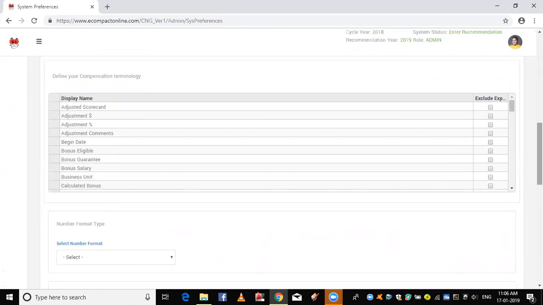We can simply go and define the name. Say if you wouldn't like to have adjustment dollar, we just go and